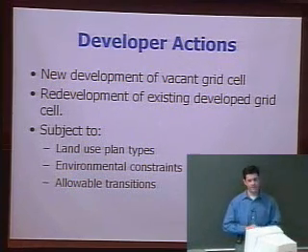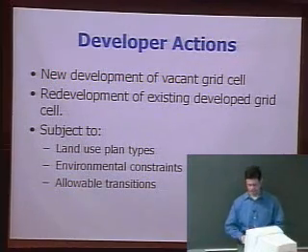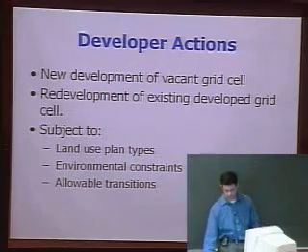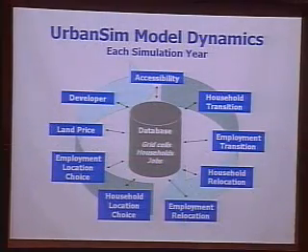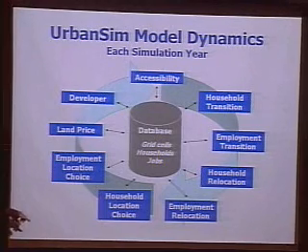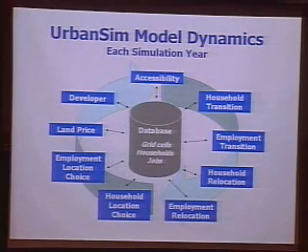You cannot, for example, go right from low-density residential to industrial. And there's a whole table of rules. So here's the model dynamics for UrbanSim. With each simulation year, you have a series of 10 core models that are run. And actually, the way the software is specified, you can run them in any order, or you can run only some of them. So you have that option, but this is all of them.